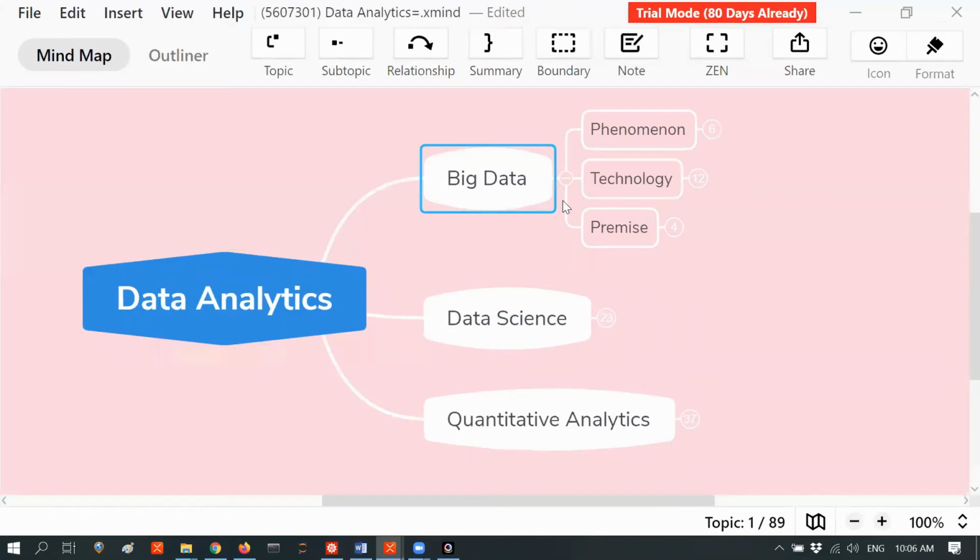Big data actually refers to three things. One is the very phenomenon. This is where when you Google big data, it's going to talk about the phenomenon of big data. What does it mean for humanity to now be in the age of big data? The second thing is the reason why you can't really study big data in school, because